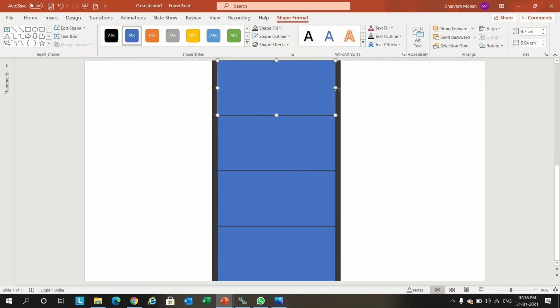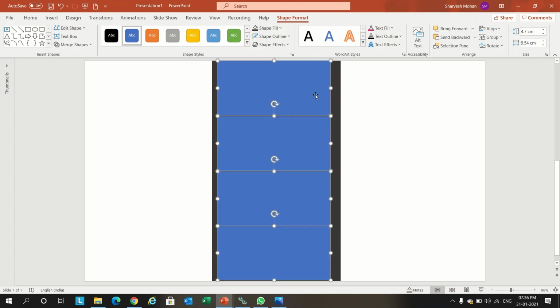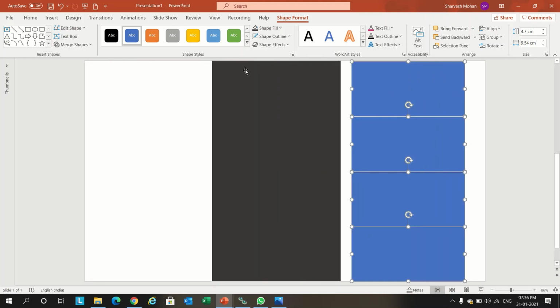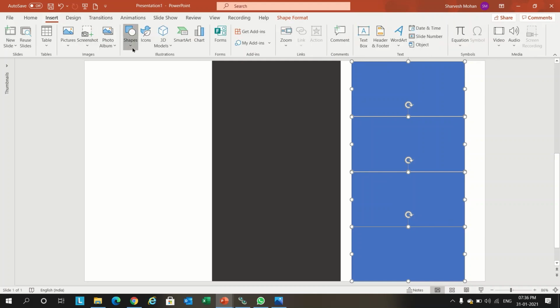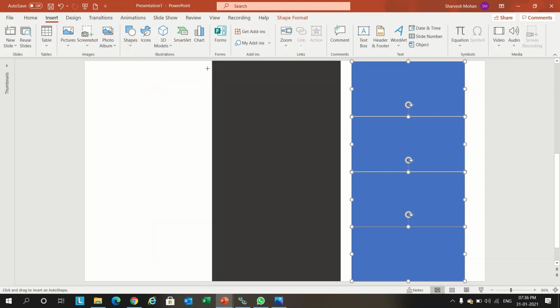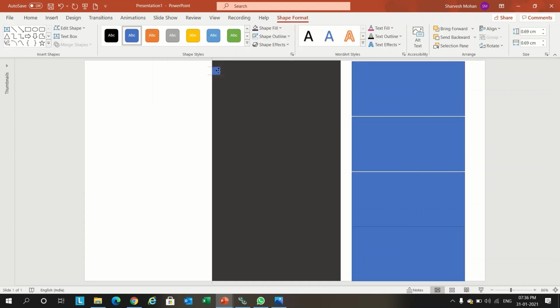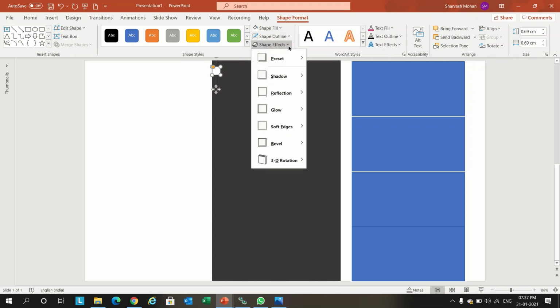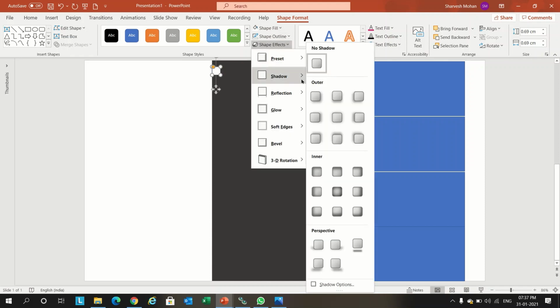Then we have to make a film holes effect. For that, let's keep this outside. We'll go to Insert, Shapes. We'll use this rounded corner rectangle and we'll put it like this, and we'll give a shape white color, and we'll go to Shape Effects, Shadow.